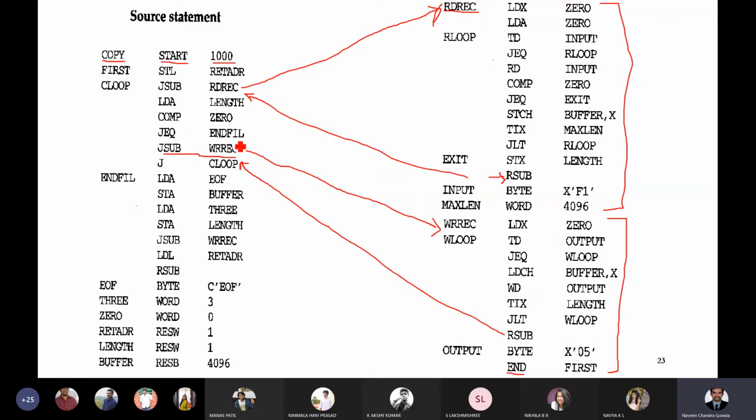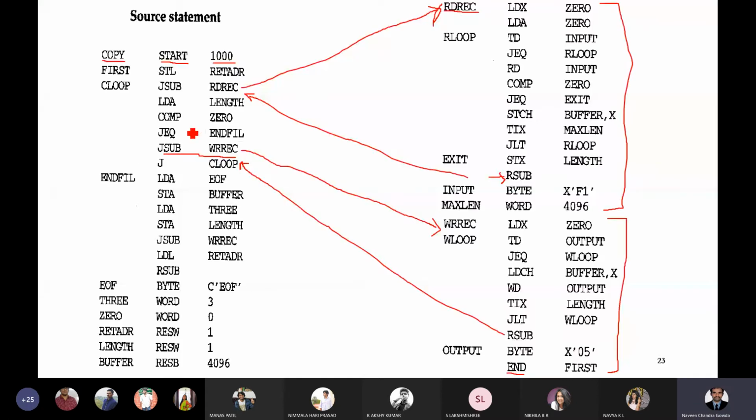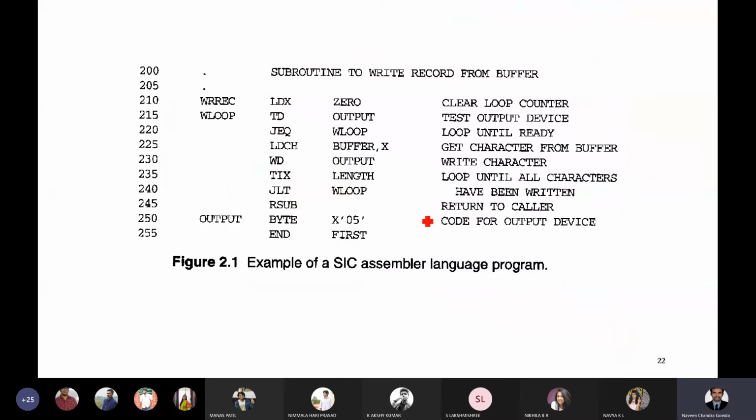What is happening actually? If you ask me what is happening right here, this is a program which is written for some process. What is the process? You start reading the data from the input device. Right here, just for a moment, for your understanding, I will write some diagram. Don't look at this content, just look at that diagram and see what is happening.